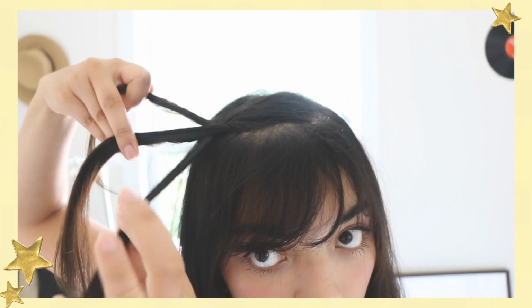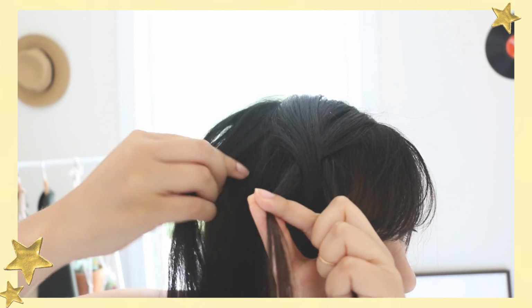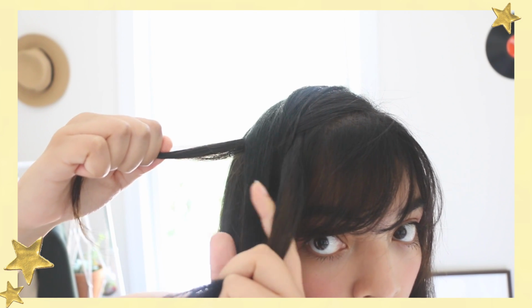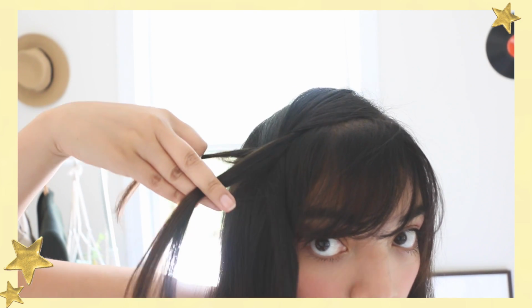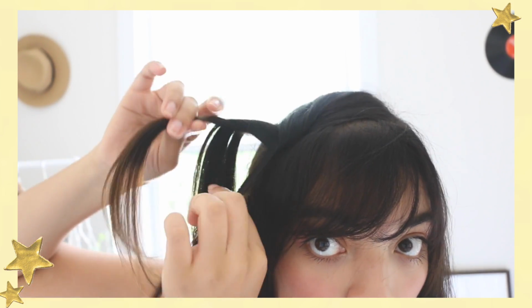Release the strand closest to the face as it's no longer going to be part of the twist, then grab a piece behind the 2 pieces you still have held in your hand and braid it above the strand closest to it, under the next strand, and release it again, remembering to pull it down. The last step to create the braided effect is to just take the strand at the back and twist it